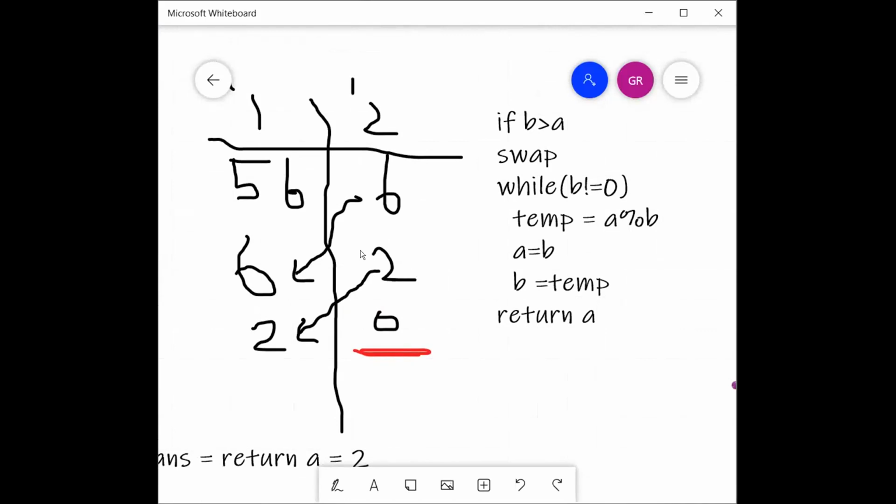Then 2 should be a factor of 56 and 6. So this is a hidden concept for GCD, the optimized code. This number 2 should be the mod of number 1 and number 2. This number 2 means the new number 1. Number 2 should be the mod of 56 and 6, and we are modding it, the remainder is 2, and storing it in this new second number.